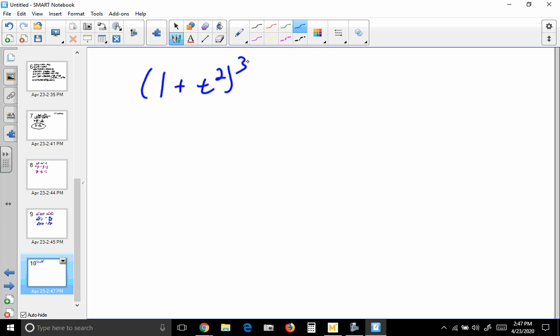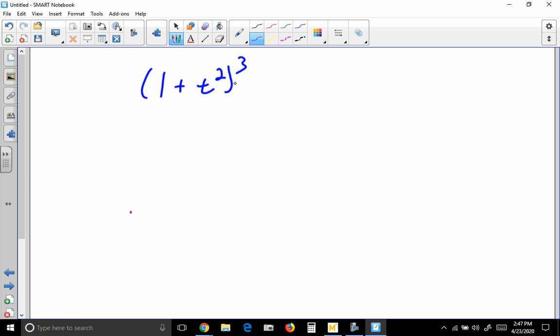We have something cubed, that's the transformation, and then we have another function on the inside. Well, instead of having a chain rule or something that we do here, what we're actually going to do is just multiply that out. If we square 1 plus t squared, we would get 1 plus 2t squared plus t to the 4th. And then if we multiply that times 1 plus t squared, we would have 1 times